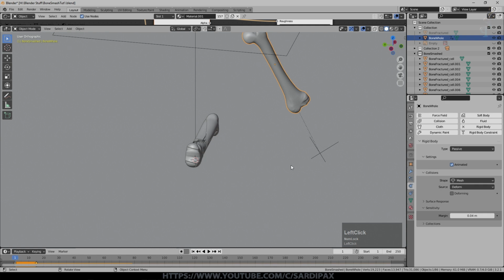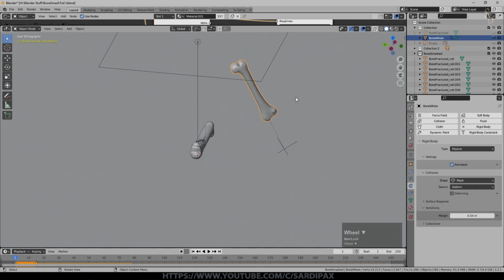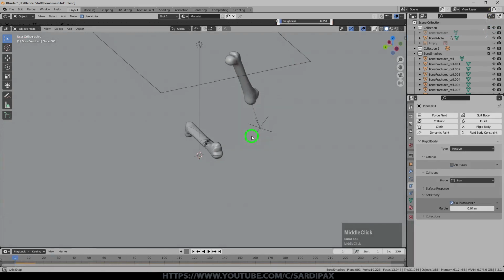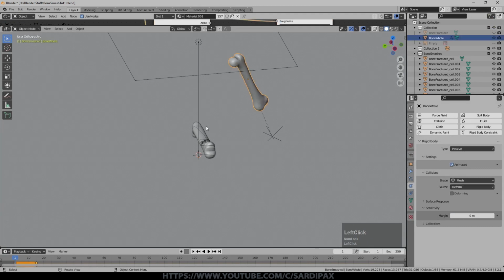This is basically a bug. I did find a way around it, and that was to have a physical bone version of this one that was offset further back, because it doesn't affect it at first. It only affects it when it gets within a certain distance. I'll set the margin to 0 again anyway, but it doesn't make much difference. And it doesn't seem to be speed of interpolation either. But before we do that, let's just have a look at that.